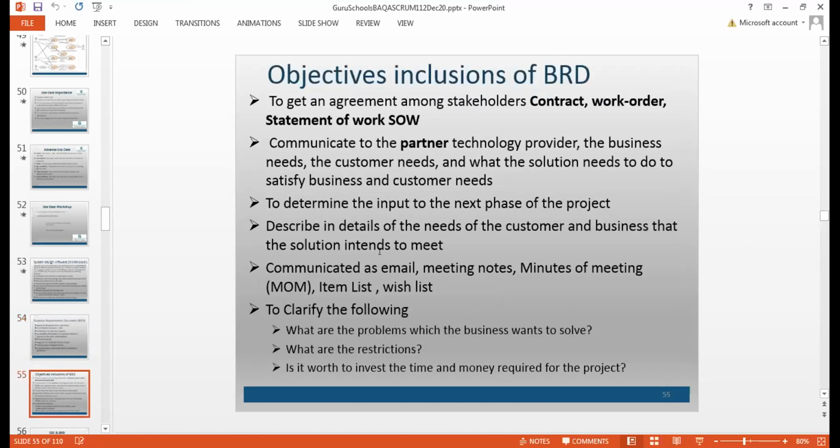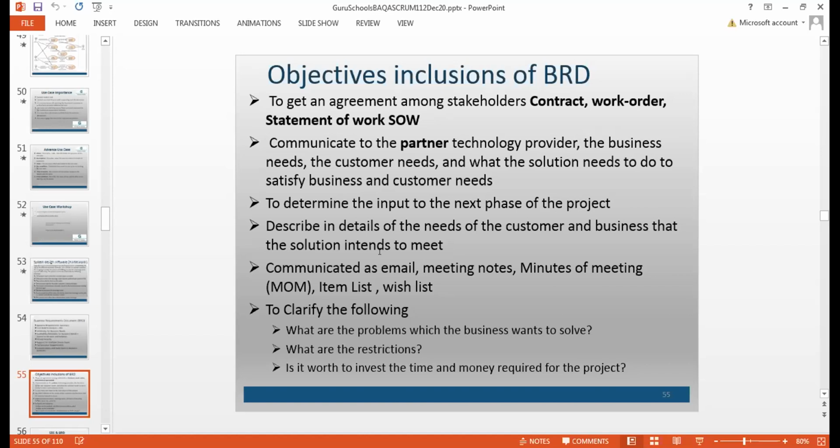Okay, let's go a step further. Now we'll try to understand how BRD is important, because BRD is a base for SRS. Quite a few things are just copied from BRD and pasted in an SRS and then explained in depth, because the vision is carried forward from the business requirement document and converted into a requirement in SRS, right? Business requirement document, system requirement specification. Okay, this is a normal progression.